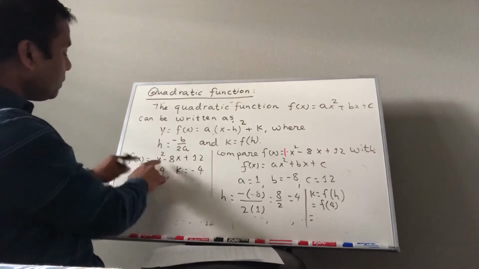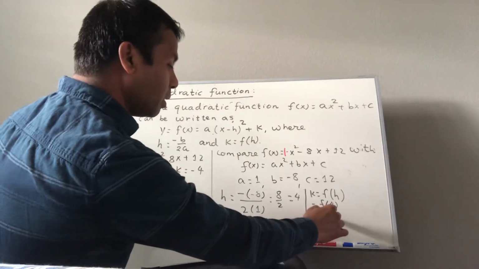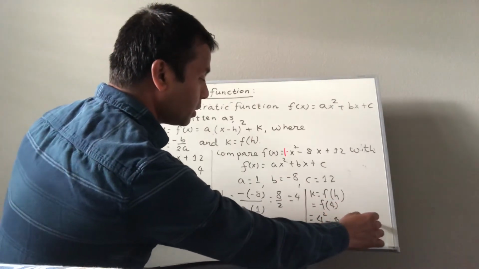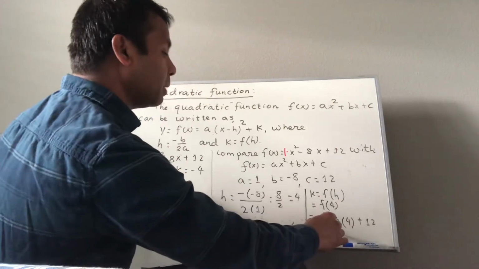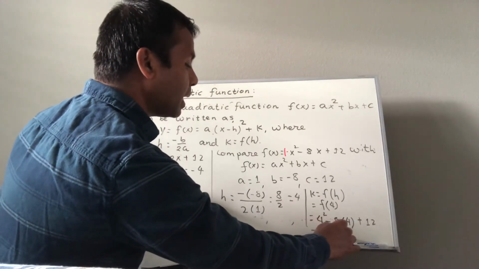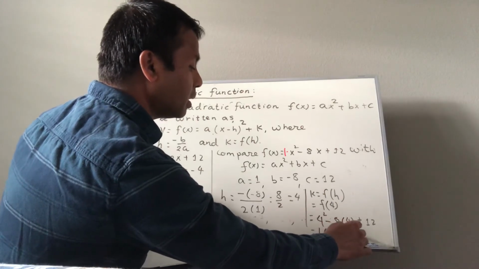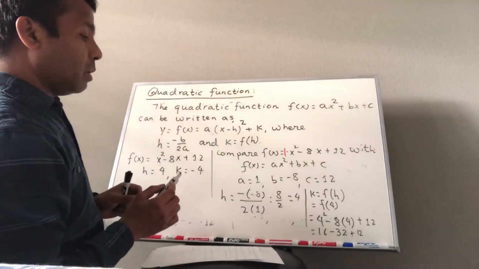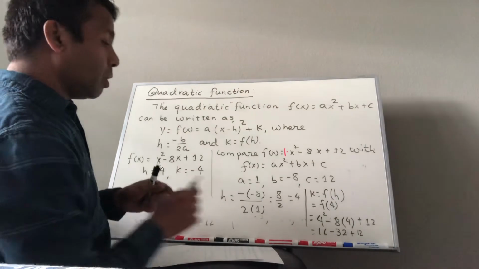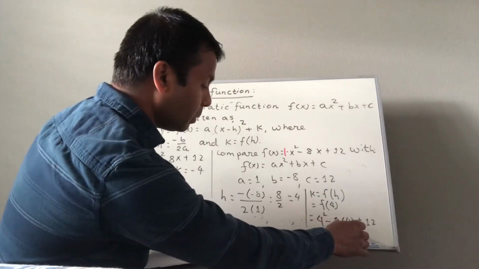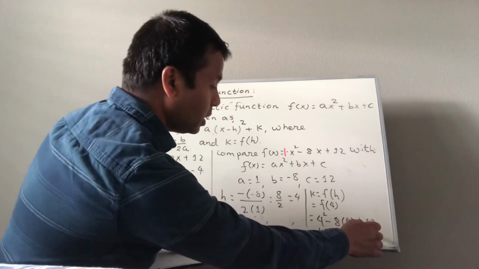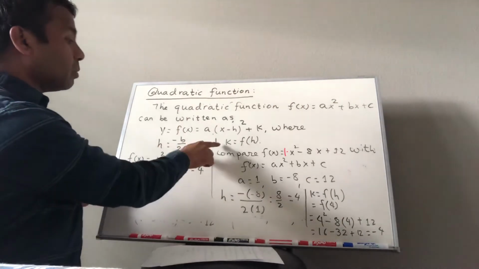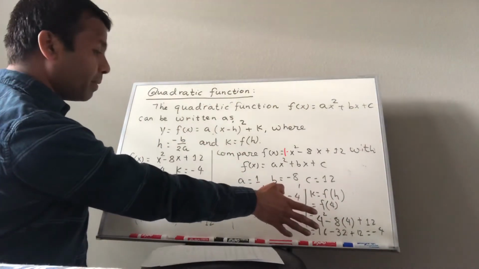So let's plug in 4 here, okay guys? This is going to be 4 squared minus 8 times, you plug in this 4, 8 times 4 plus 12. So that's going to give me 4 squared is 16 minus 8 times 4 is 32 plus 12. So 16 plus 12 is 28. 28 minus 32 is negative 4. You see that? So either you can use this formula to find the value of h and k,